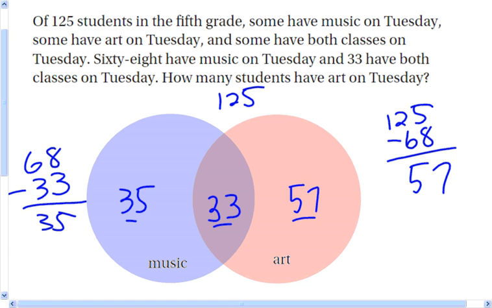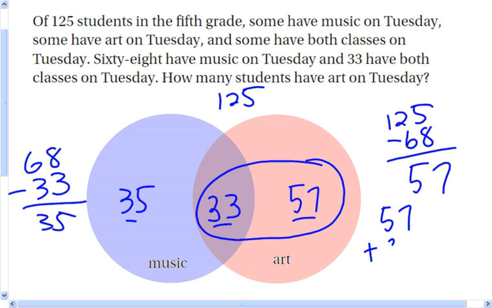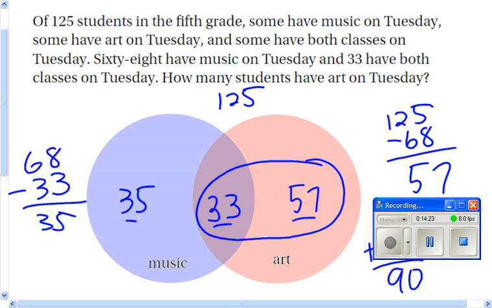And so now we want to know how many have art on Tuesday. That would include the ones that have both on Tuesday plus the ones that have art only. So 57 plus 33 equals 90. I have to pause at this point, and there'll be a second part to